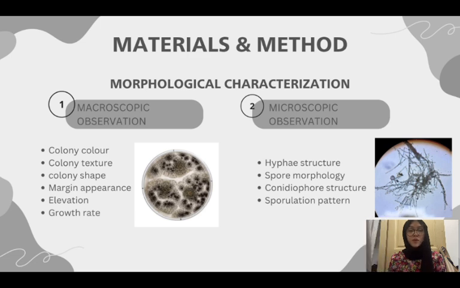For the microscopic, I will observe and assess the structures. Under the microscope, I will closely analyze hyphae structure, margin appearance, spore morphology, conidiophore structure, and distinct sporulation patterns to